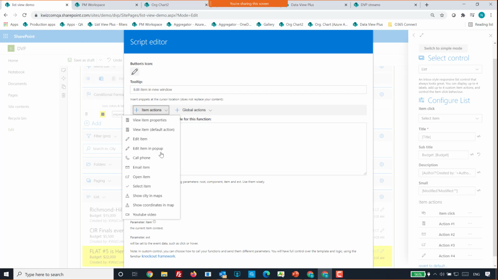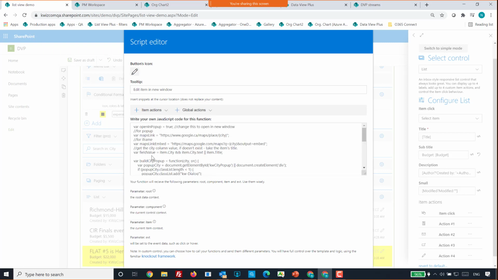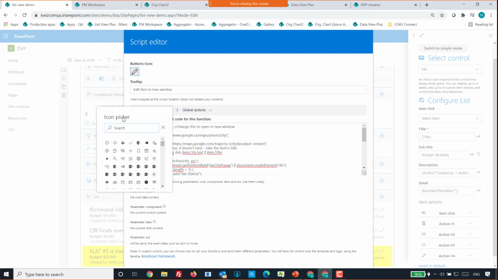So we got these nice snippets. I'm going to use the show city in map. This snippet, if you look at it, calls the Google Map service with the city column. So this script depends on the fact that you have in your list a column called city, which displays cities. So I'm going to use it. And I'm going just to change the